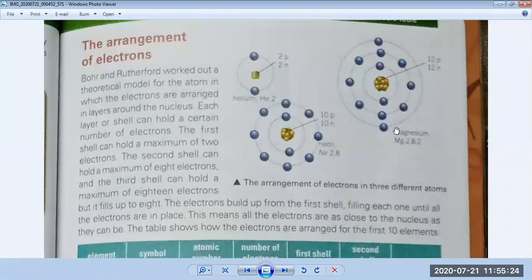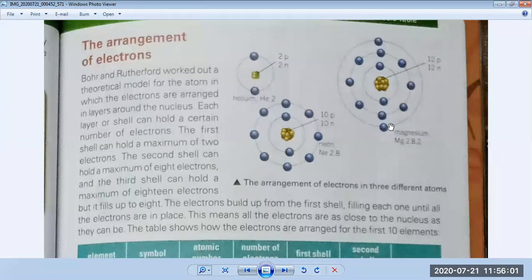And if we draw the fourth shell, you will see that in this third shell there are only 2 electrons here, not 18 electrons. So what is the reason? I will tell you later. First discuss how many electrons can be accommodated in the first, second and third shells. In the first shell only 2 electrons, in the second shell only 8 electrons, and in the third shell we can accommodate only 18 electrons.